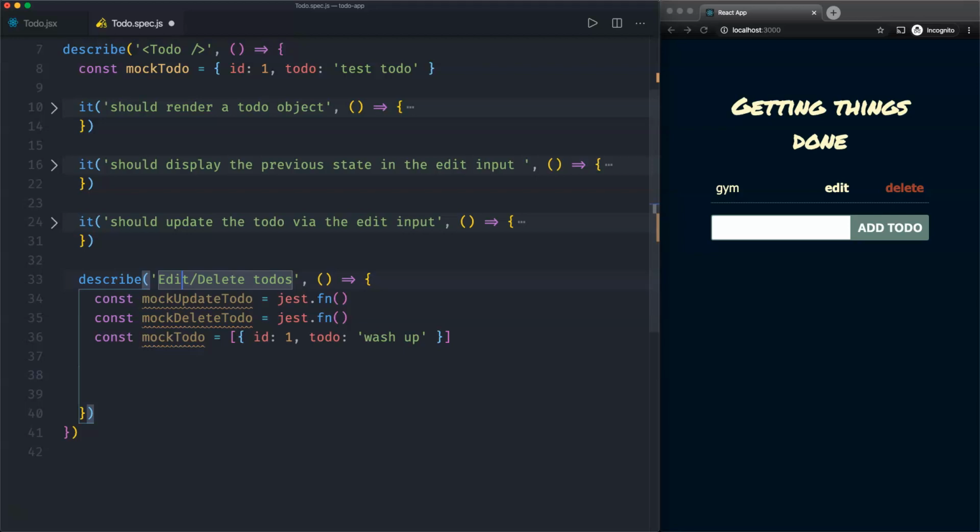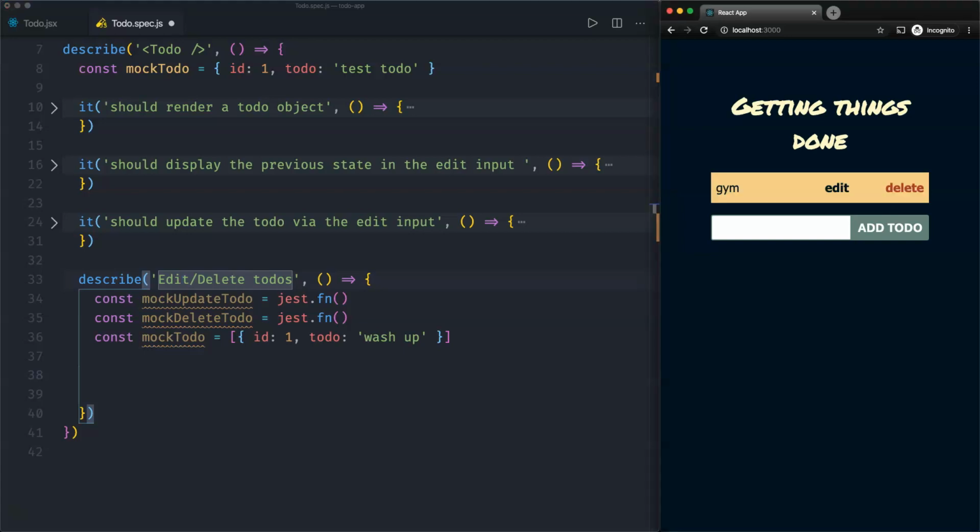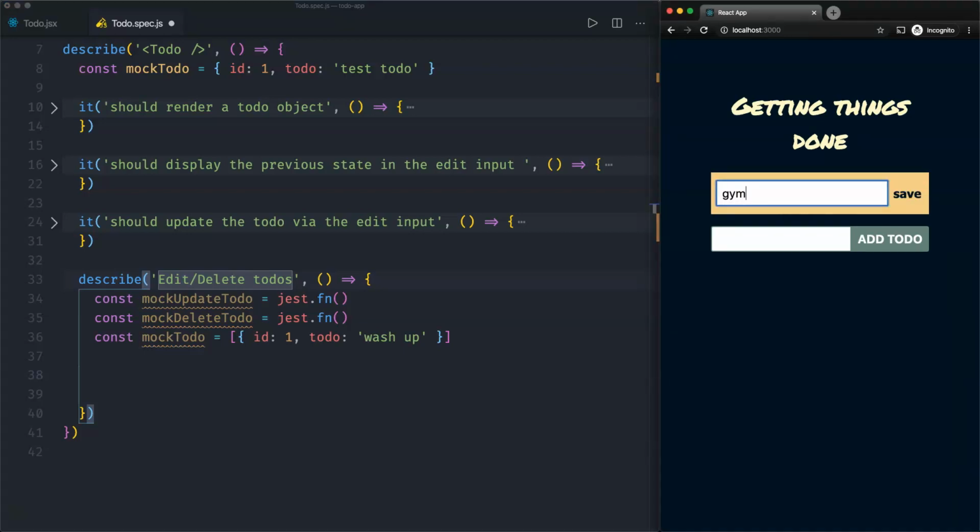Our last test will verify the integration between the RenderTodos and Todo components. I've created an extra describe block to group these specific tests as we will be dealing with the edit and delete functionality. So for example, if we have a current to-do and we click on the edit button and we